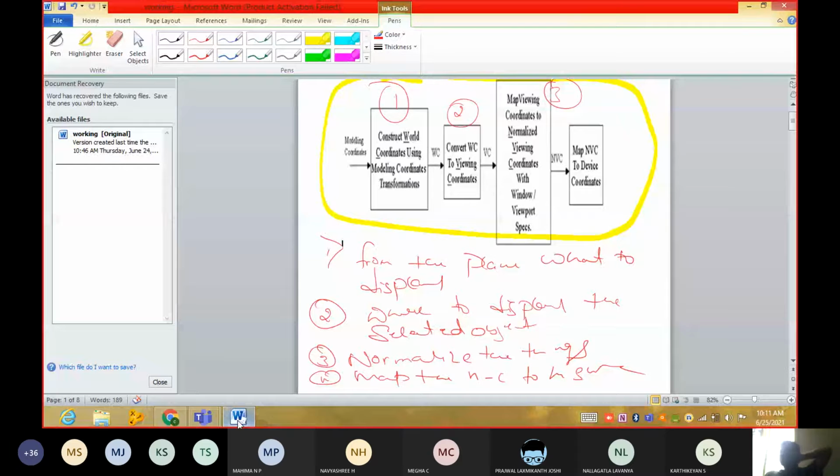We need to convert the 3D thing into a 2D thing. At which stage? From stage 1 to 2, or 2 to 3, or 3 to 4? In which stage?